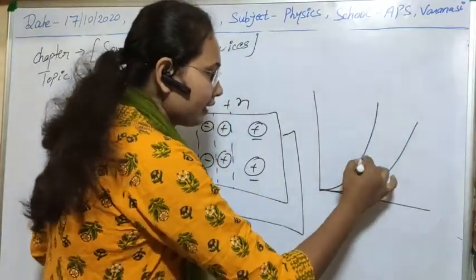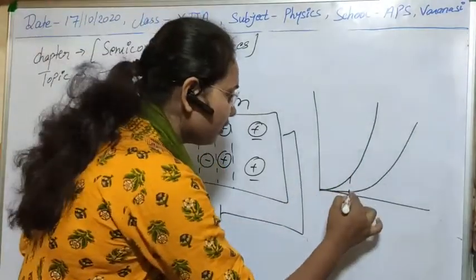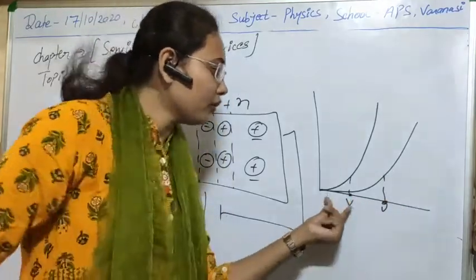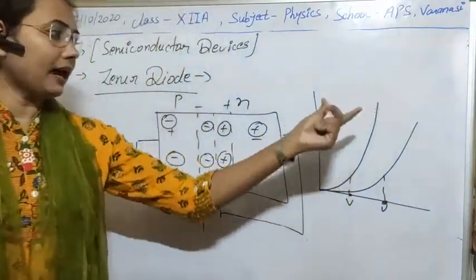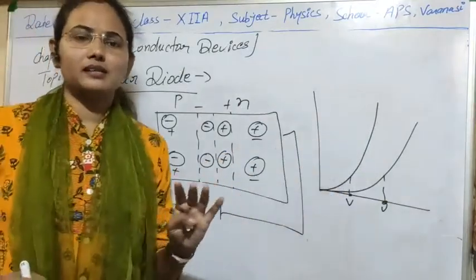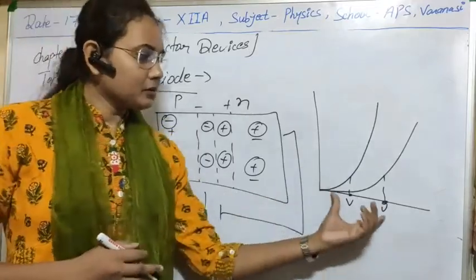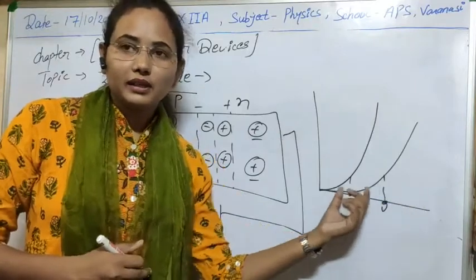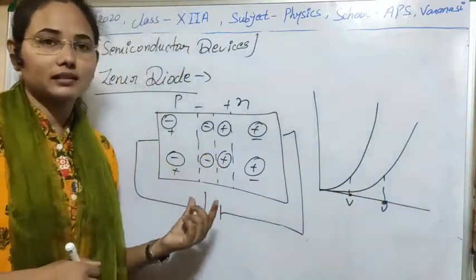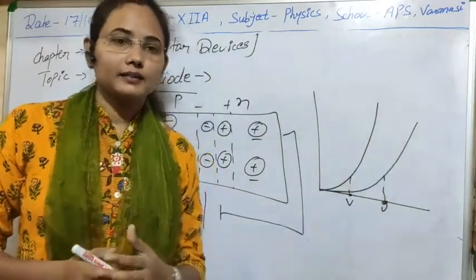This means we can get a sufficient current at a very small voltage. Here the voltage is this, but here the voltage is only this, meaning with only this voltage we can get the high current. So in forward bias, there is no difference in the characteristics. In a PN junction diode, we get that current at large voltage, but in a Zener diode, as the doping concentration is high, the number of charge carriers is larger, so at a very small voltage we can get the high current.